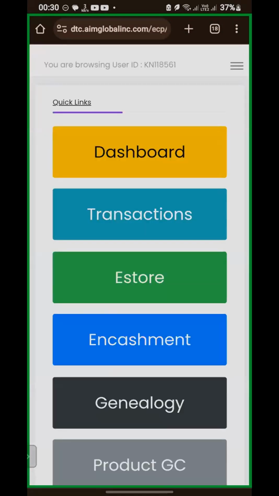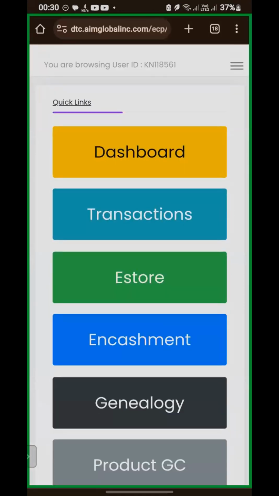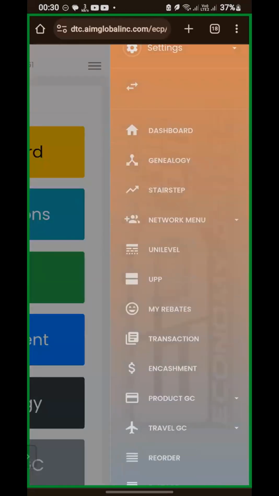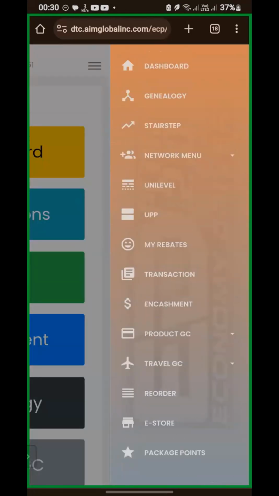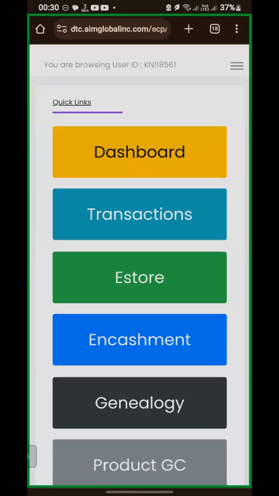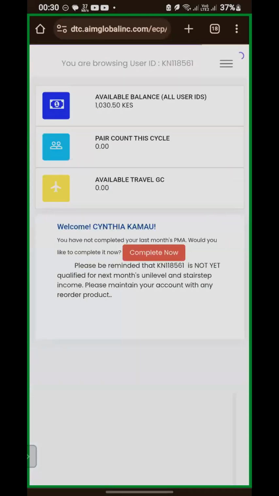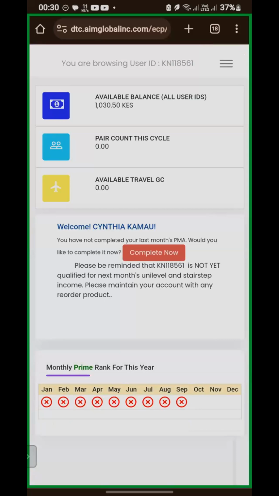So when I refresh this account, you see it brings me these other options. These are the other options. So I'll first come here to this menu. You see this menu has also had other items added. So when I come here and I press dashboard,